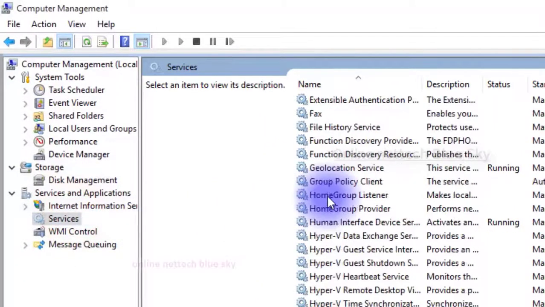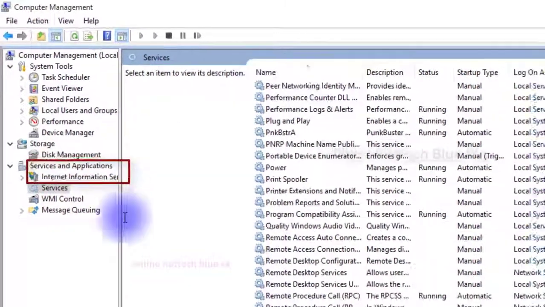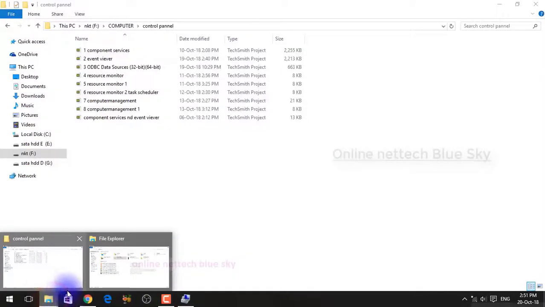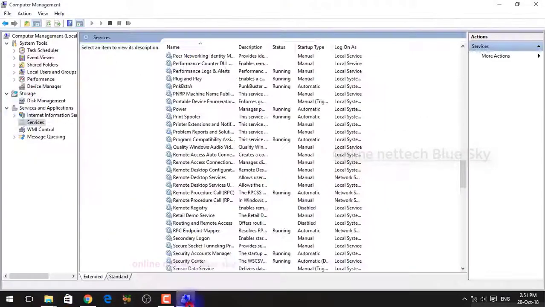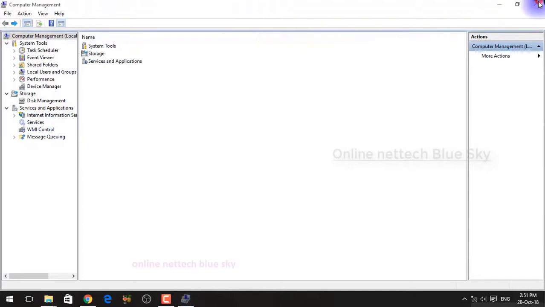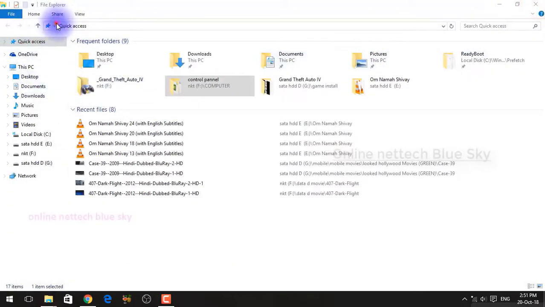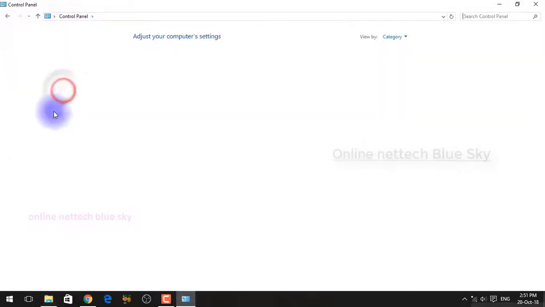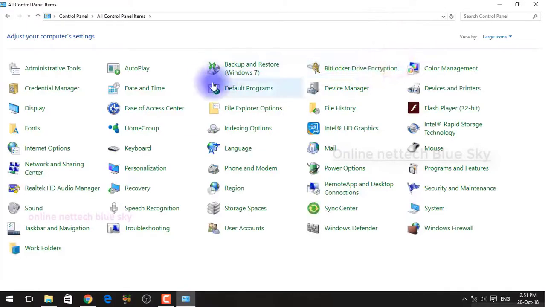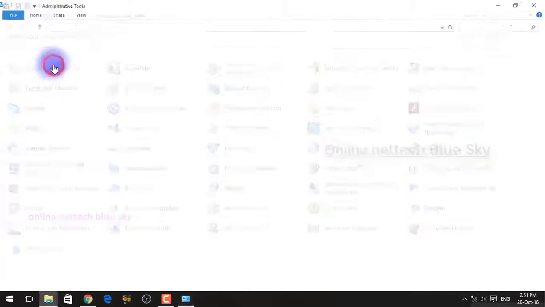What services are very important for the computer? All of the computer processes, all of the computer services, you can see here in this Computer Management. But I will discuss it in administrative tools. I'm not teaching you Computer Management directly.